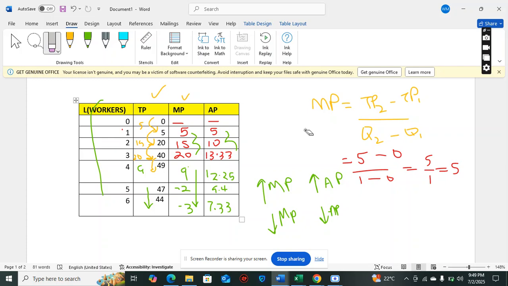Yes. But as you said, the last statement, as marginal product reduces, average product will also reduce. When marginal product goes up, average product goes up. Oh, and one more point. When marginal product equals average product,